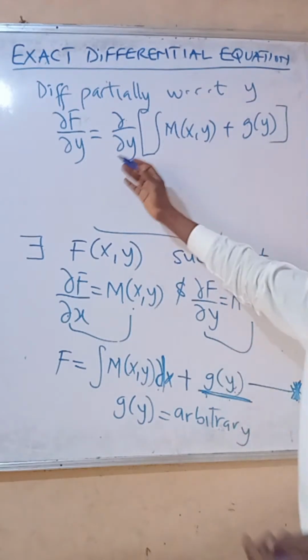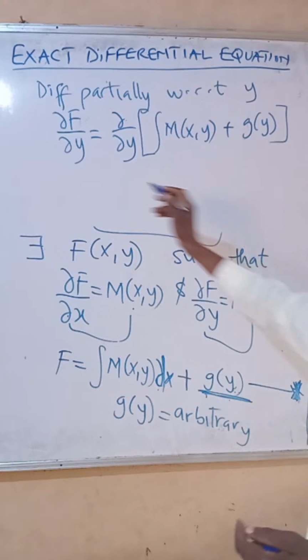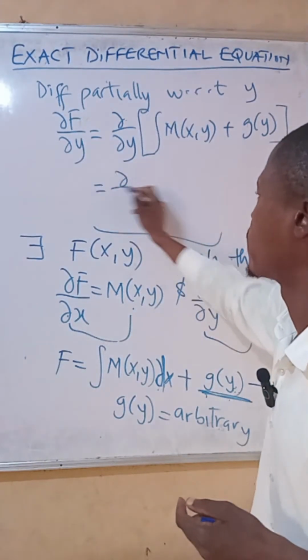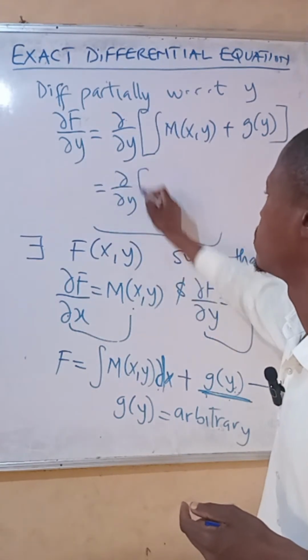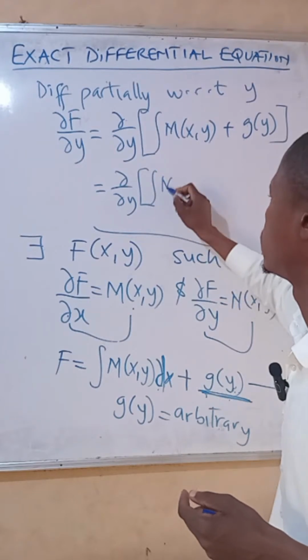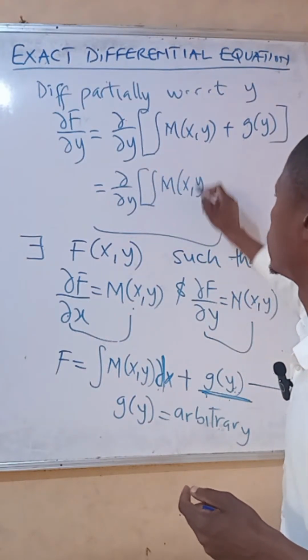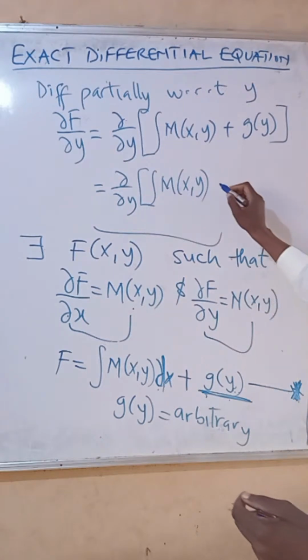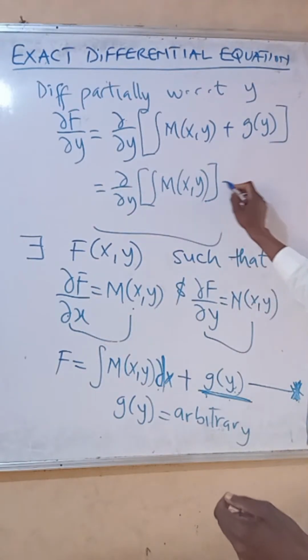You can open the brackets for the right hand side, and that will be equal to this, then close the brackets and then plus